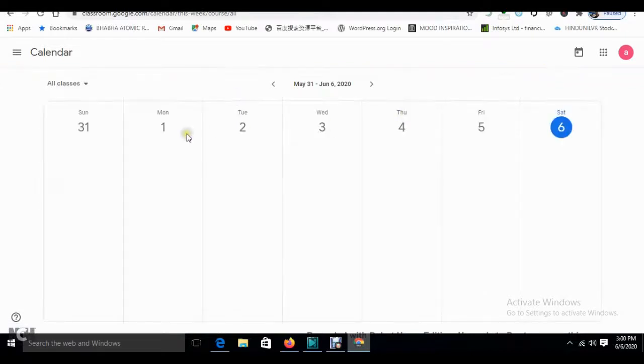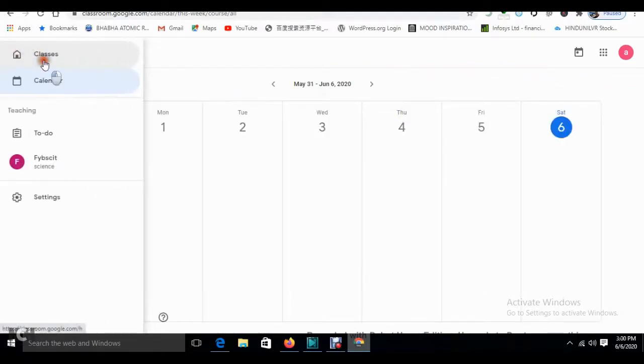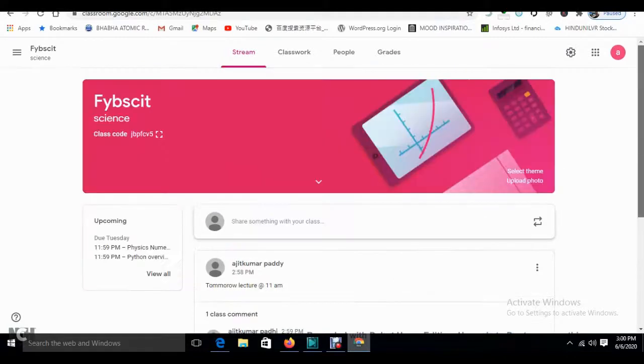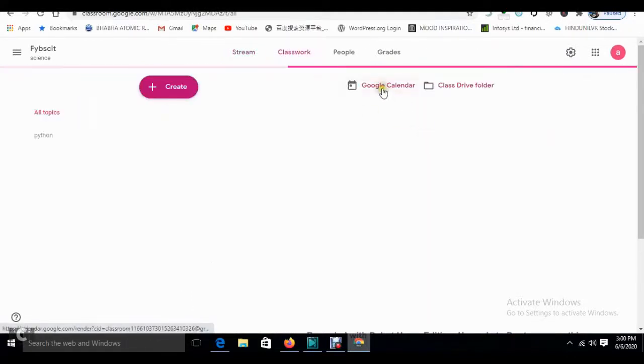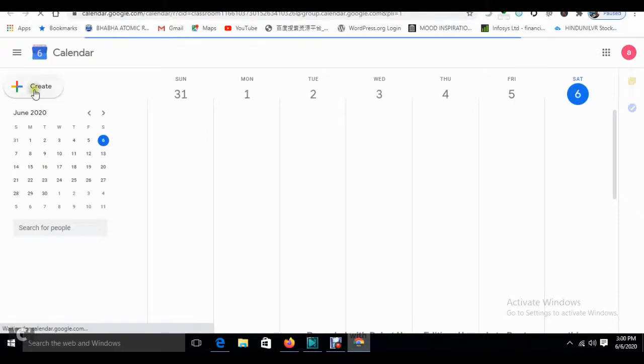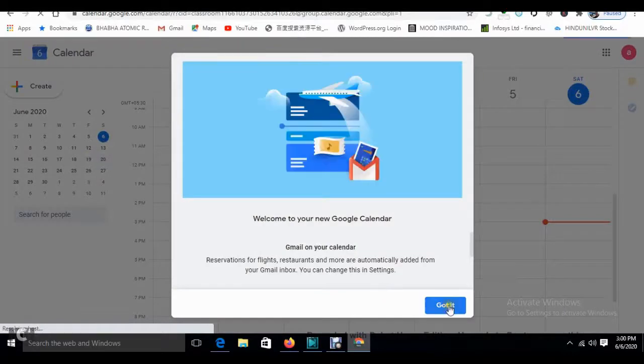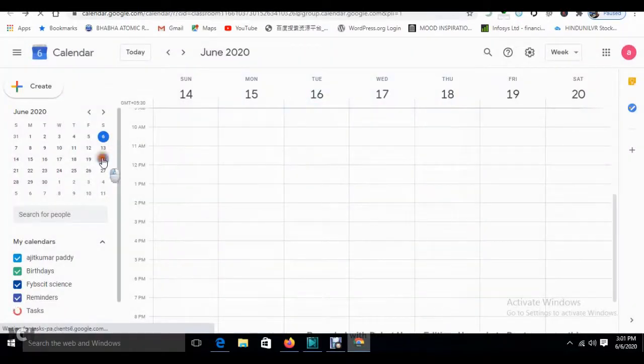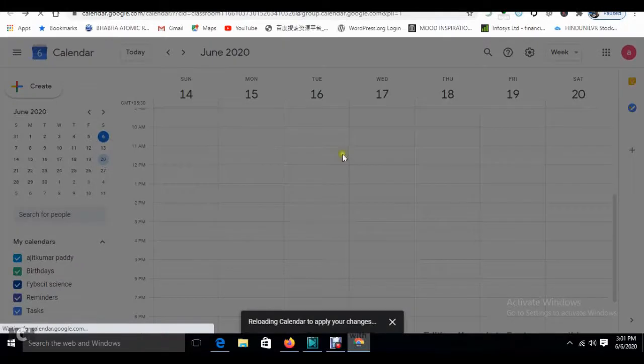In this you can go, see over in classes. See, this is my portal still now. These two had given. Okay, in classwork, see over here there is a Google Calendar. In this Google Calendar you can make a prior notification to students, see, on 20th that some exam should be done.